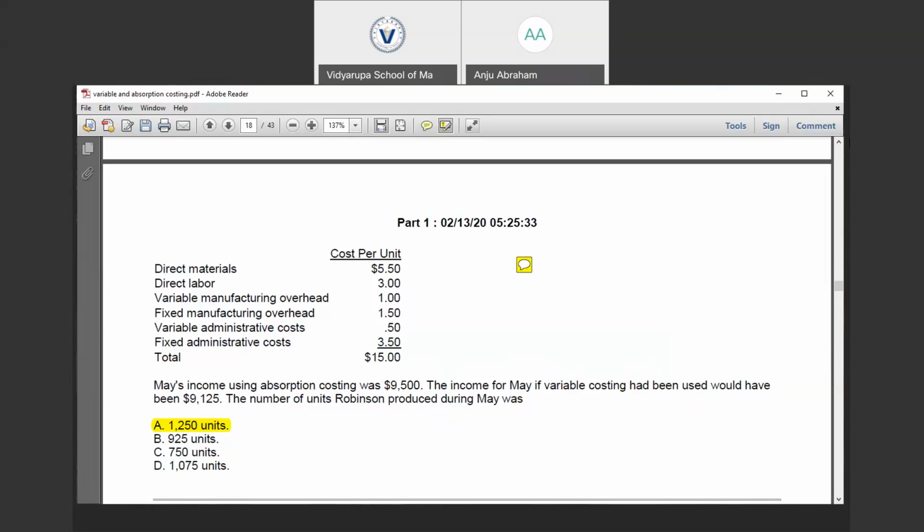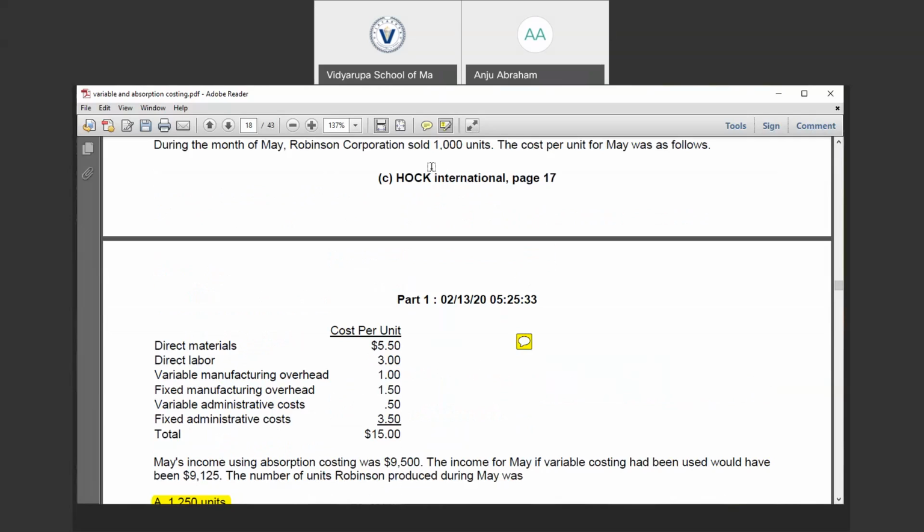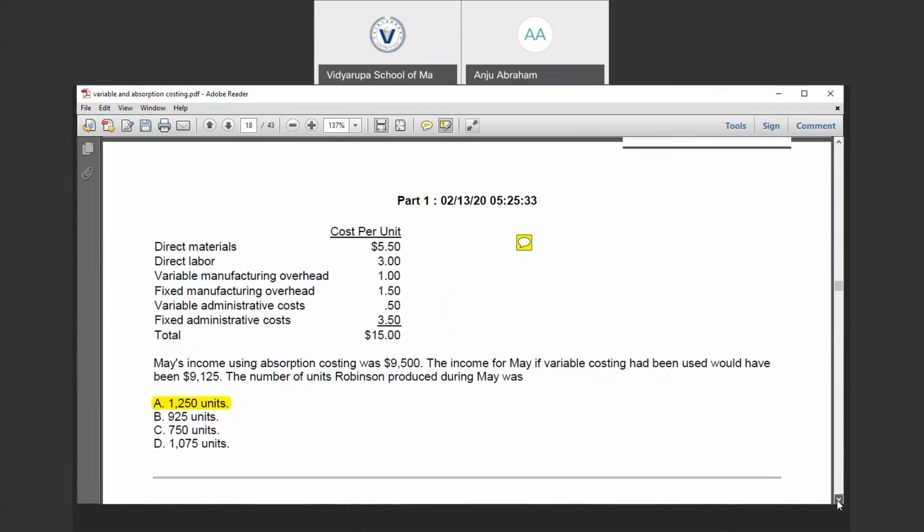And the sales level is 1000. There is no information given to us regarding the presence of beginning inventory, so we can assume that there is no beginning inventory. Since sales is 1000 units and production exceeds sales, with an ending inventory of 250, let's add 1000 plus 250. 1250 is going to be the production. So among the 1250, 1000 is sold and 250 remains in the ending inventory. Do you get it? Is it clear?